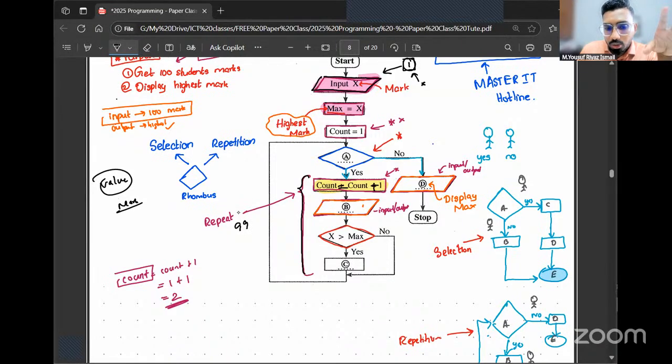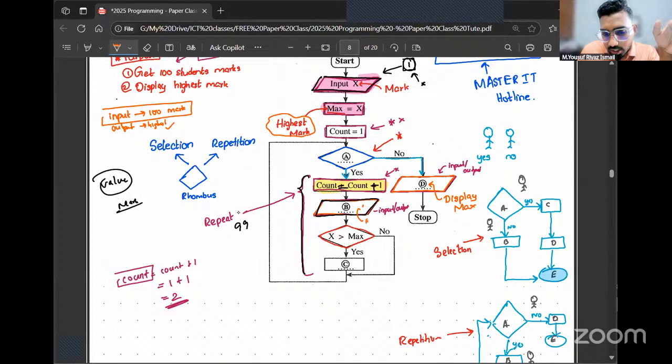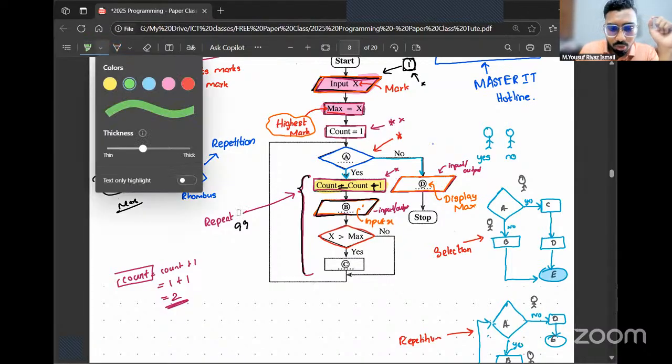Okay. So what's going to happen is the instruction called B is there. I'm going to say this instruction called B is going to mean input X. I'm going to call this instruction input X. Input X means input marks. So the first student's marks I got from the top here, the remaining 99 students' marks, I'm going to get one by one. Each student's marks I'm going to get from this.